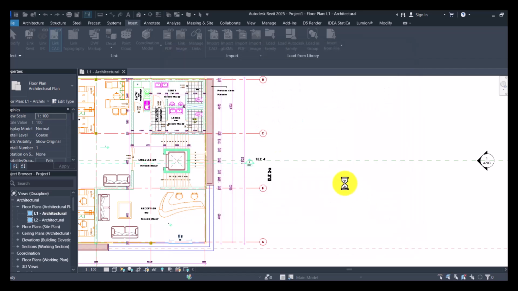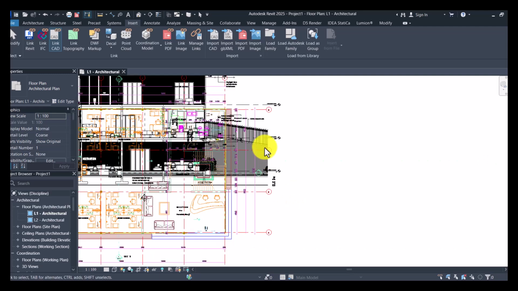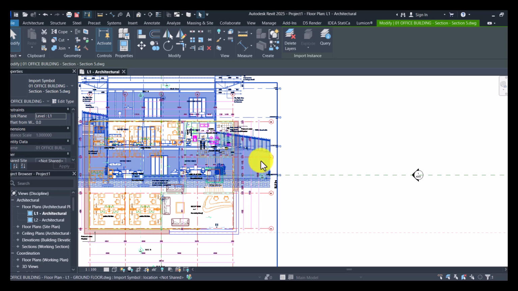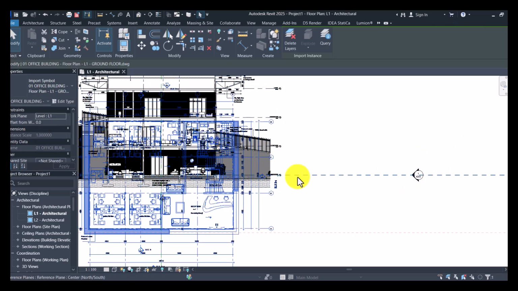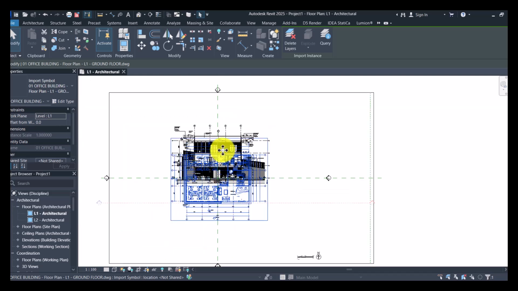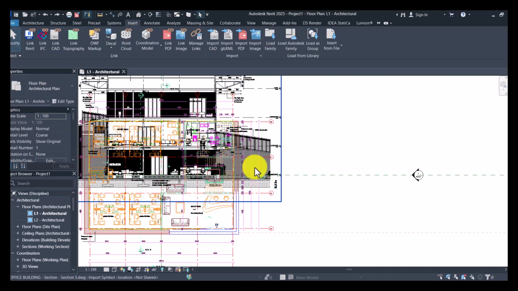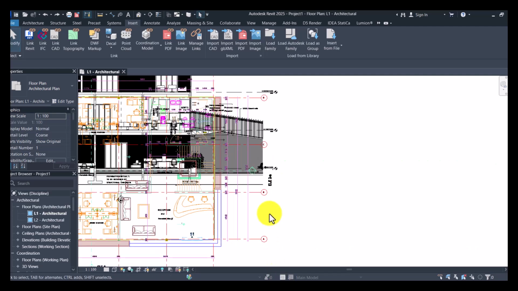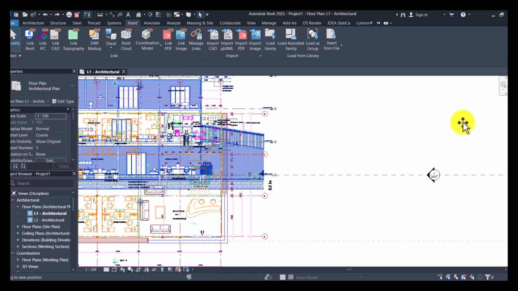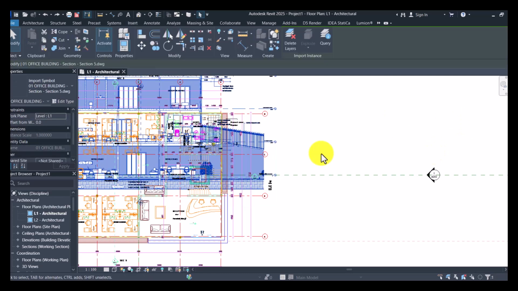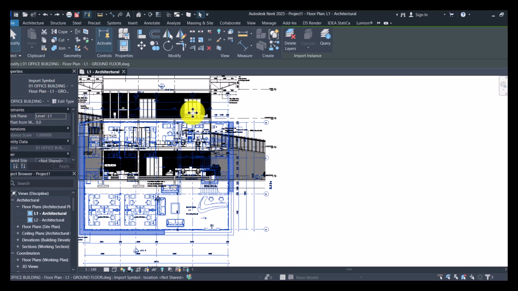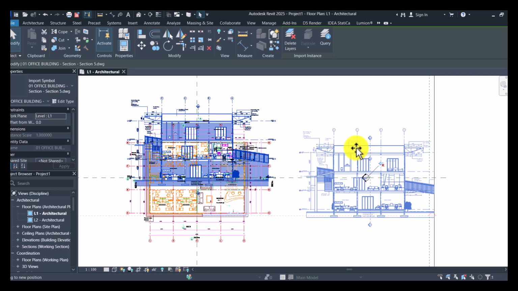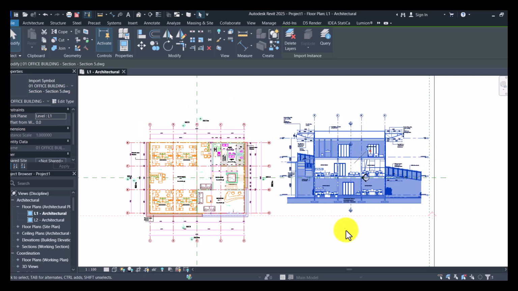Press UP to unpin, drag it up here. So now when you try to zoom in into this section, you see we have the